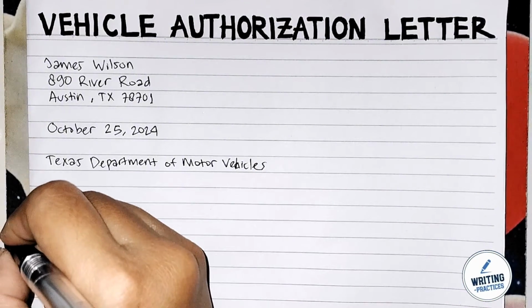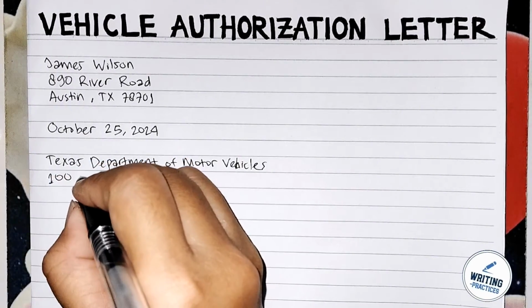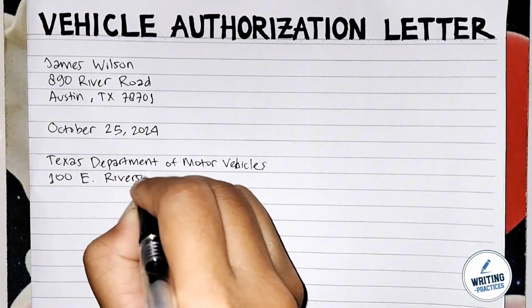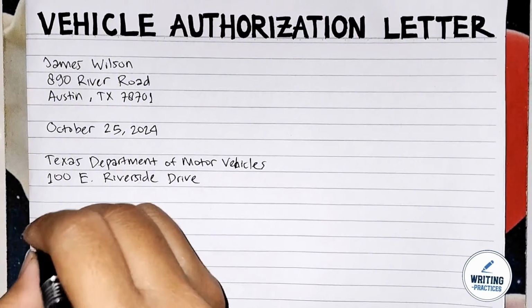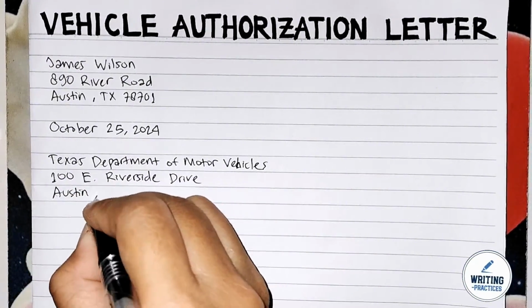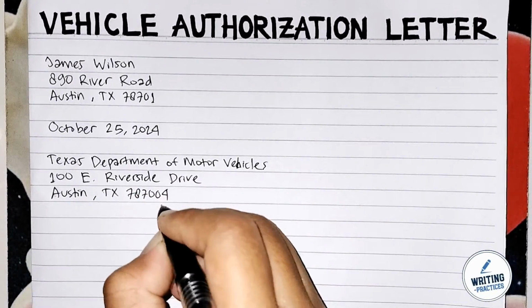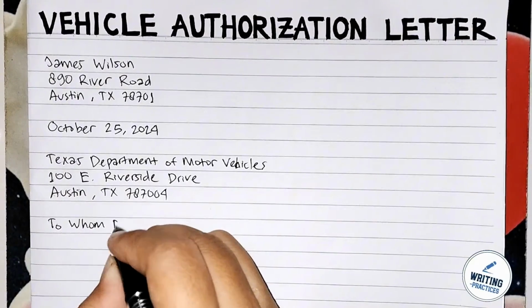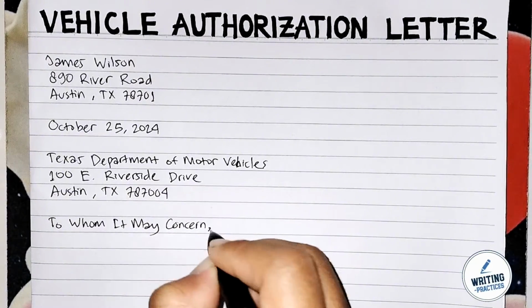For the next, write the information about the recipient. Write the recipient's full name and their occupation in the organization or company. If you have no idea, it is okay to direct it to the company or organization name. Under it, write the address of the company or organization. Mention the number, street name, city, state, and zip code. And now, you can open the letter with a formal salutation. Since you have no idea about their name, you may simply write, "Dear Sir or Madam," or "To whom it